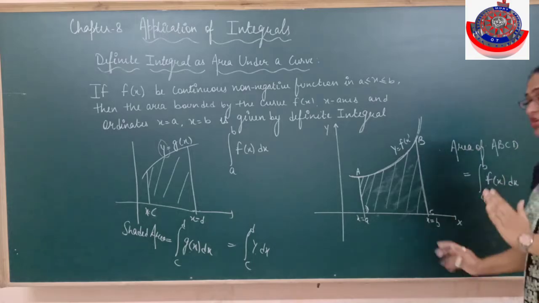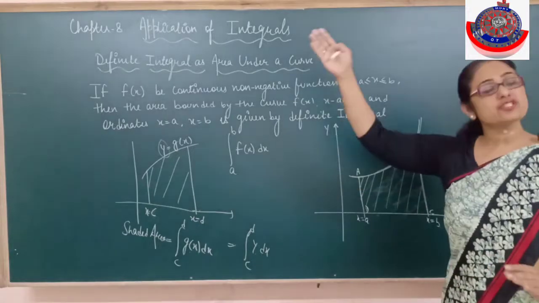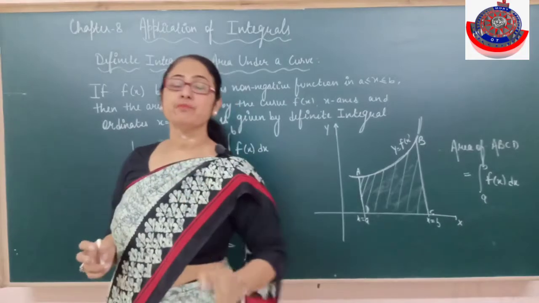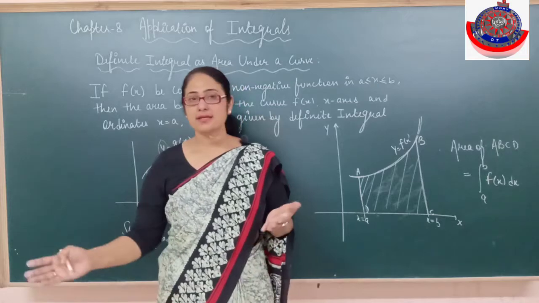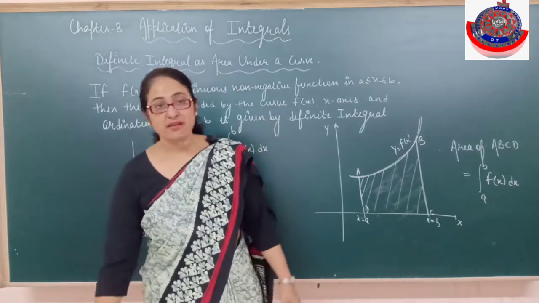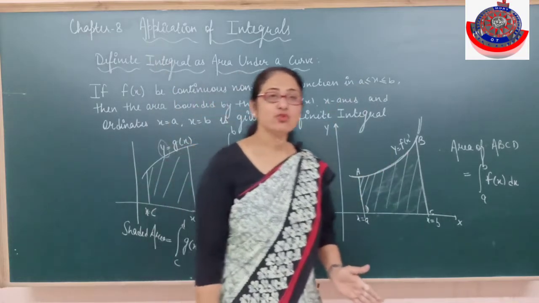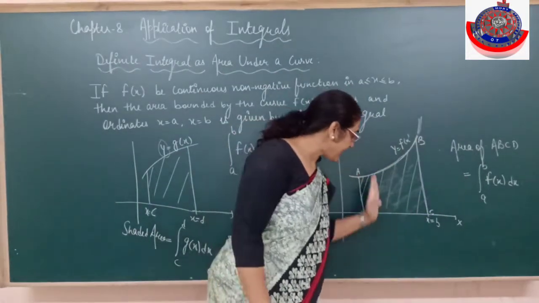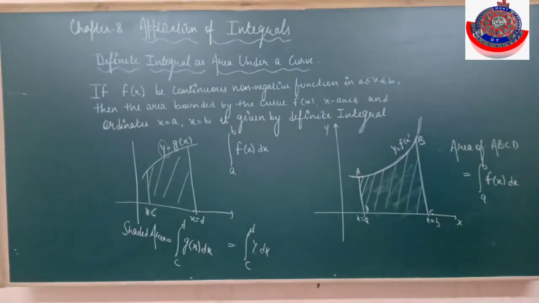Means from where to where I have to find the area, because it's an infinite curve, it's going on, this side also going on. So when I have to find out the area, I have to bound myself, from here to here. Because in your junior classes you have done the area of a triangle, rectangle, square, circle, so many figures. Now this is not a particular figure, so I have to bound it. Is it clear? Then the area of this f(x) between the x-axis and the ordinates would be the integration of f(x) dx from the limit a to b.